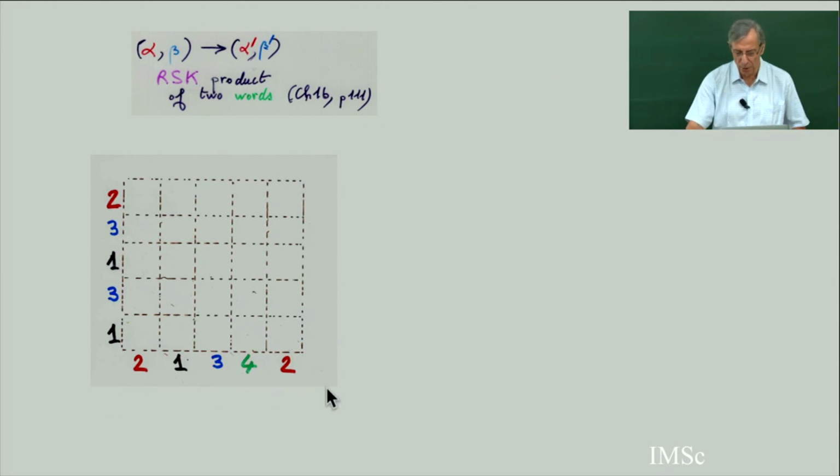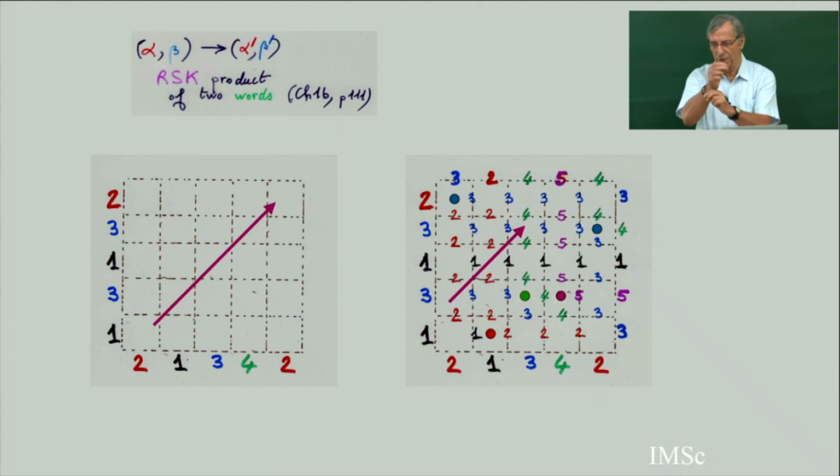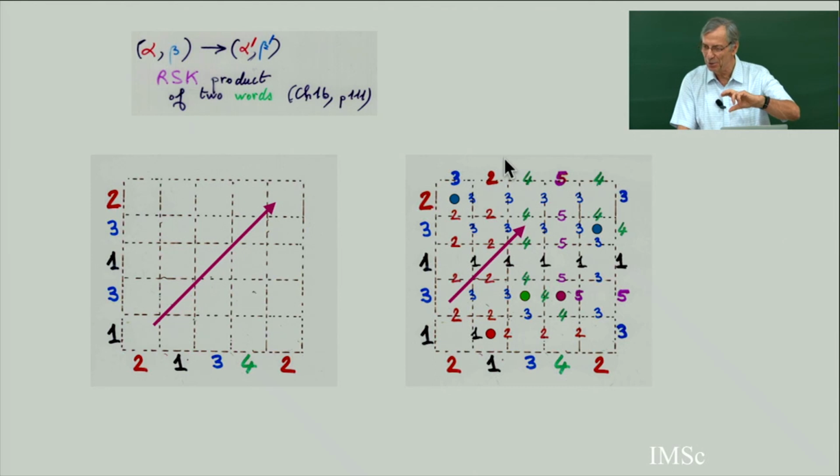And if you have another word beta, then I have defined the RSK product of these. It's just what you get by applying the rewriting rule: i, j give j, i if i and j are different, and i, i give i+1, i+1. So exactly the rewriting rule you do for colors, but here I can do this for any word. You don't necessarily have to start with a Yamanouchi word or this kind of thing. So you can do it for any word, and then you get at the end two words alpha prime, beta prime. And this RSK is a bijective automaton, you can go back. If you have i, j, then going back is i-1, j-1.